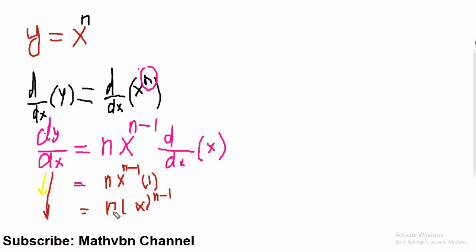Here is dy over dx. This is the power rule of derivative, writing n at the start. After solving this, x raised to the power n minus 1. And let me show you how to minimize the function. Let's say, see, this is n and minus this 1 from the power. So this is how we minimize the function. So let's look at an example.